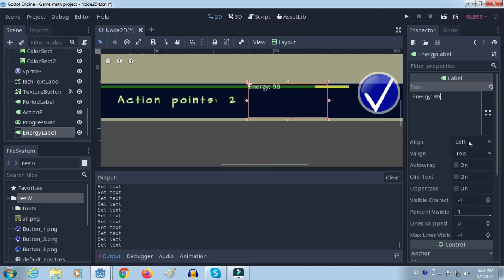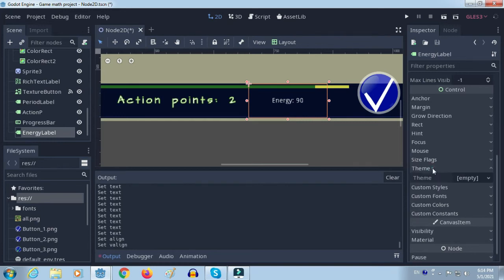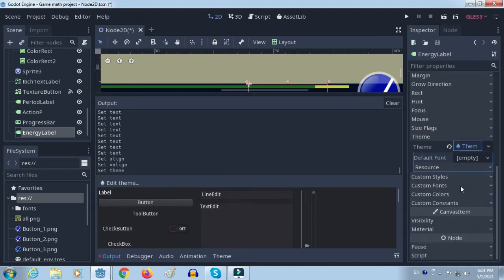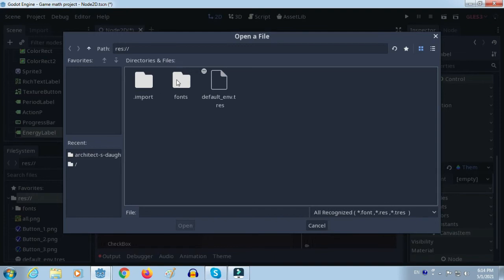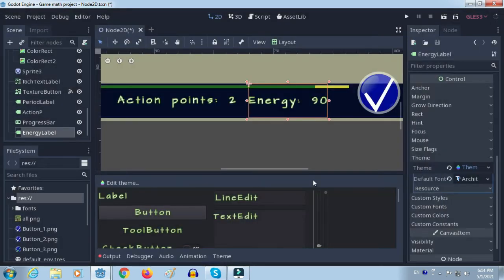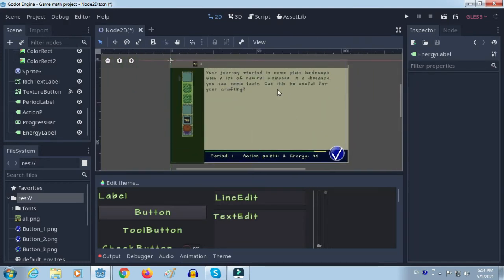Okay, alignment, vertical alignment. What kind of font can we use? We will set theme, as you know, and then in a new theme, default font, we will load some of our font. I think we use this one, energy. This looks better. So we have data about energy,